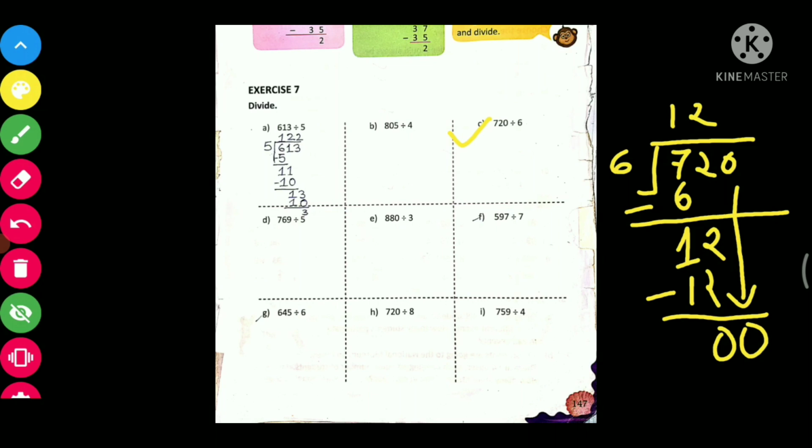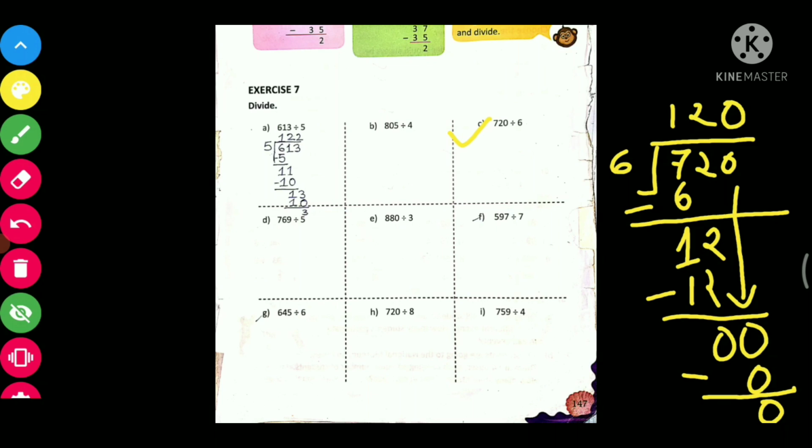Okay, now we have to solve this one also. So we'll put 1 0 here. 6 zeros are 0, and after subtracting we'll get 0. Okay, so always remember, if 0 is there in the last part of the dividend, we have to put 1 0 in the quotient. If 1 0 is there, we have to put 1 0. If 2 0 is there, we have to put 2 zeros. Okay, we can't ignore this 0 because it can make a difference. If we don't put this 0, it will make a big difference.